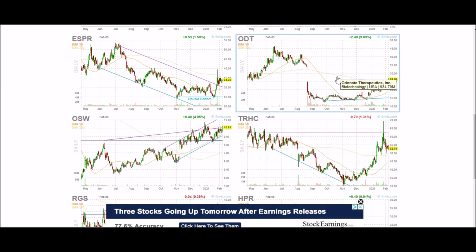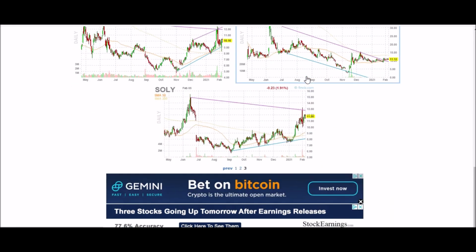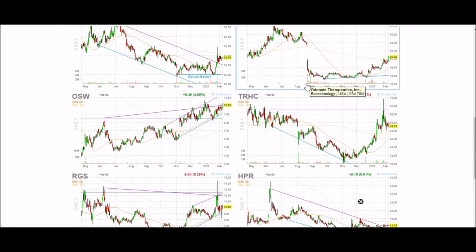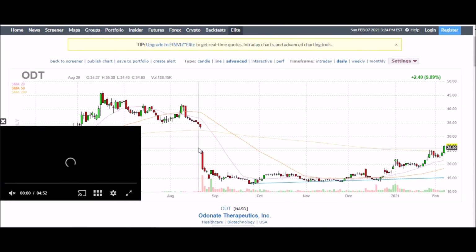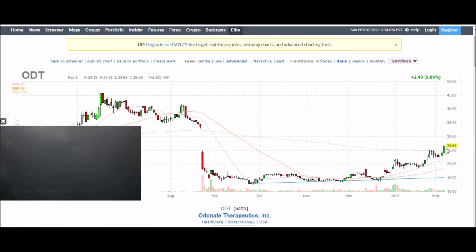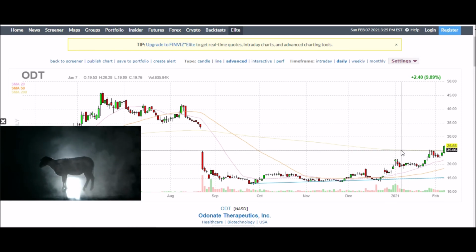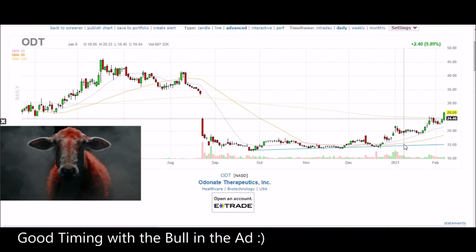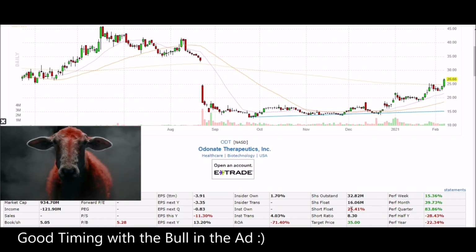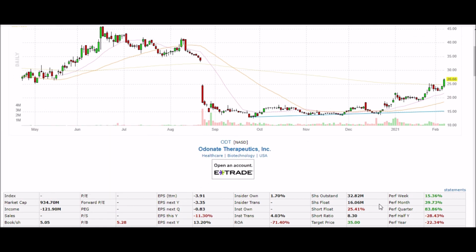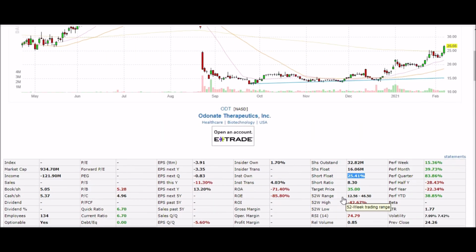Here's one. I don't know anything about ODT, but that looks very strong. We should definitely take a look at that one. Let's see the rest of these. Let's look at ODT. ODT, we've got this nice juicy gap here. Amazing close on Friday. Even closed above this candle. This is really what you want to see for a bullish chart for a short squeeze. Plus, you have a 25% short float. Looks good. Let's take it into